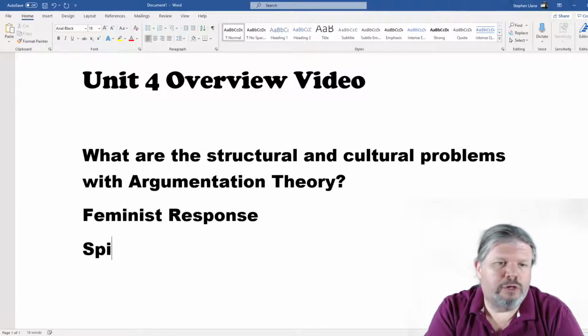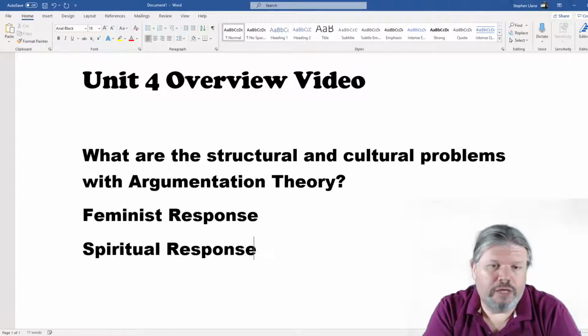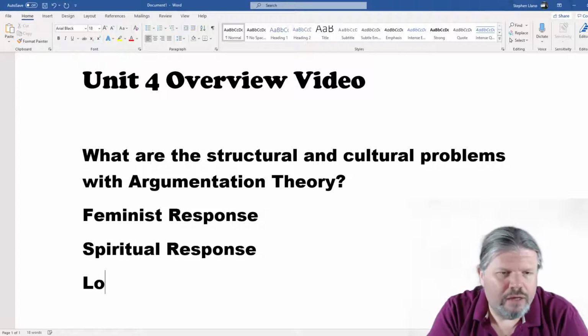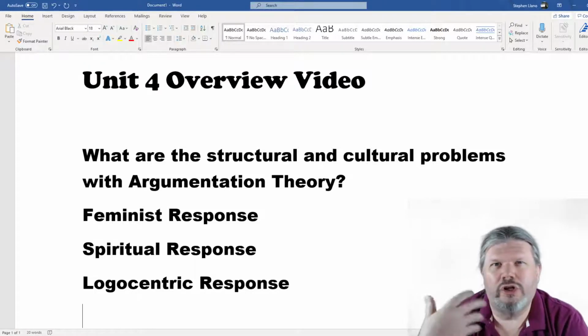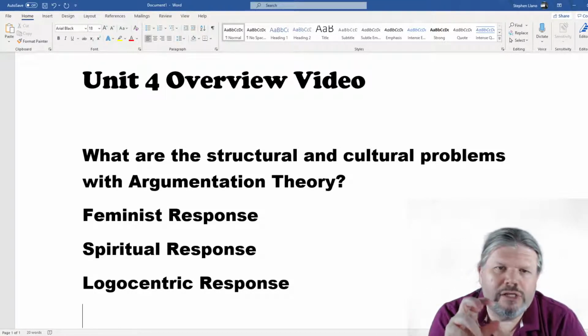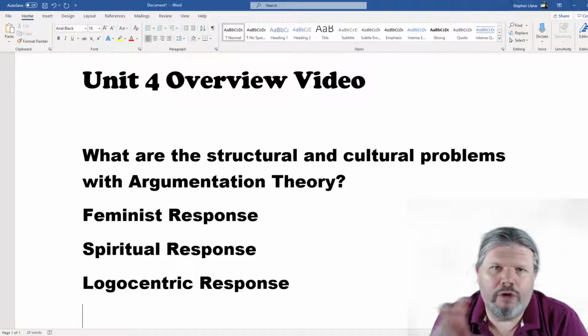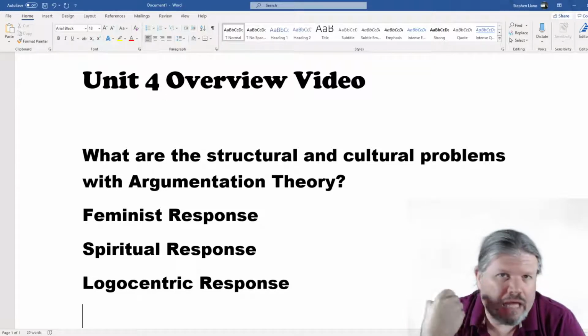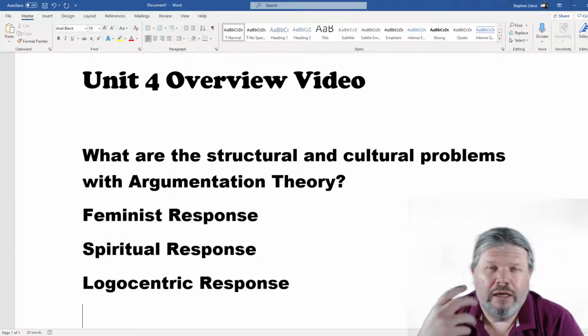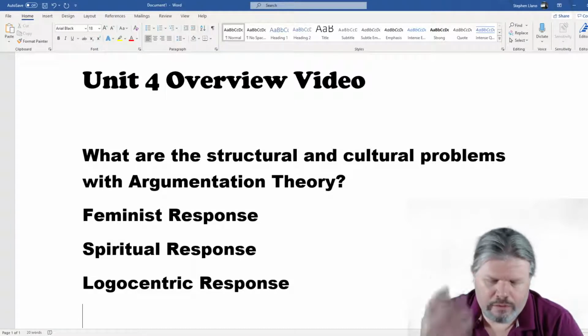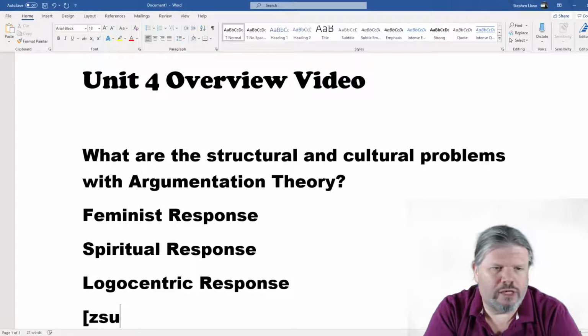We also have a spiritual response. And then we have the logocentric response, which is in the Fleming, which is, should arguments be visual? And the Fleming essay is great because he kind of shows how you would argue against that stuff, but he's citing a lot of the people who are saying the pictures can argue and the visuality has a role. But then there's also things I've left out that aren't necessarily in the reading, which is like